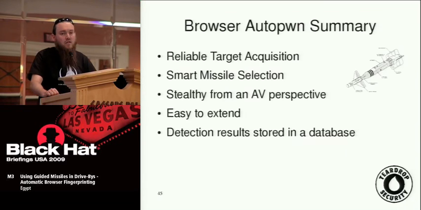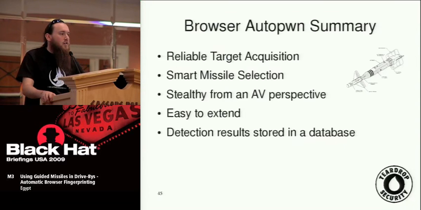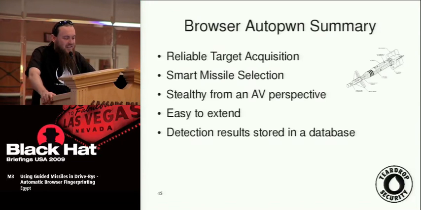Another important point is that browser autopwn is easy to extend. If you want new exploits, you just write them for the framework exactly like you would before. New browser exploits are relatively easy to write in the framework. Mario can attest to that with all of his 0day. But it's relatively easy to write exploits for the framework, and writing exploits for browser autopwn is really no harder